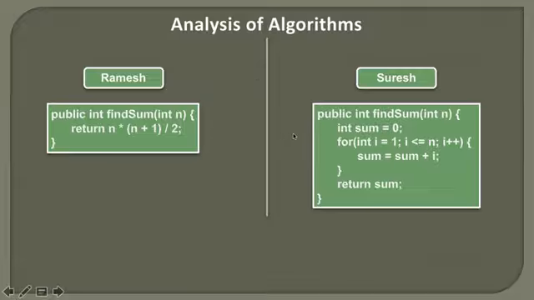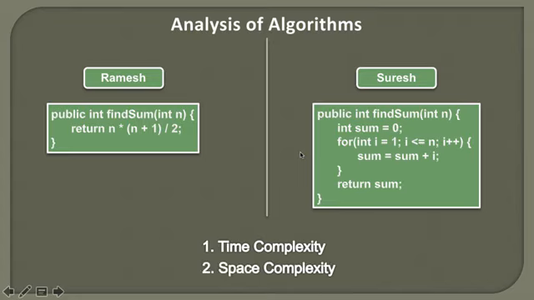But there is no way to tell yet which algorithm is better than the other. So in order to determine the best algorithm among these two, we usually check two things. One is the time complexity, that is how much time these algorithms take to complete. And another is the space complexity, that is how much memory the algorithm takes to complete. So in this section we discussed the analysis of algorithms and its formal definition. In our upcoming lecture we will discuss more on what time complexity and space complexity are.